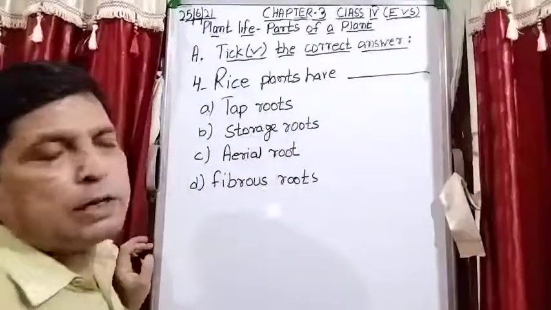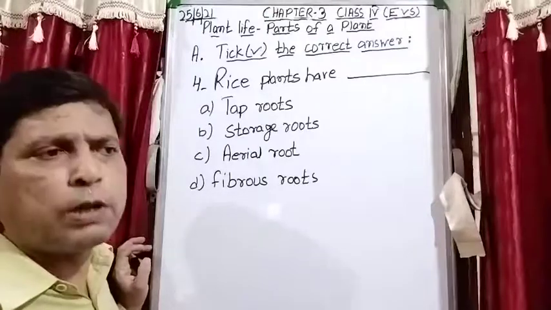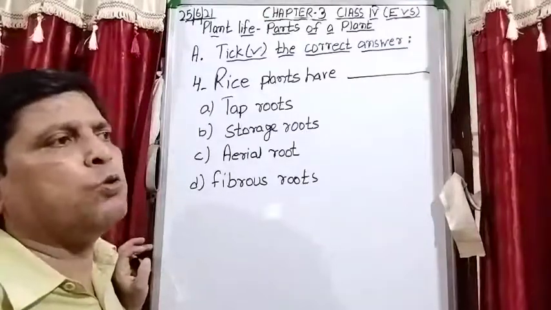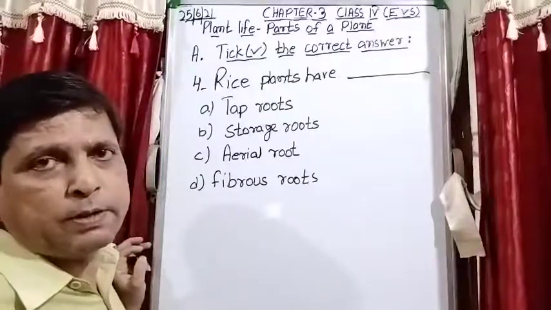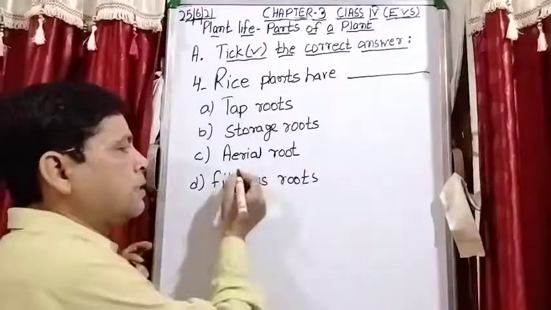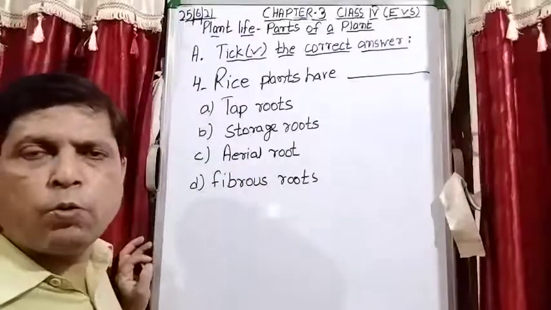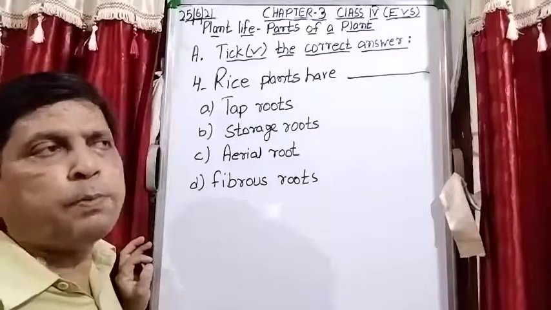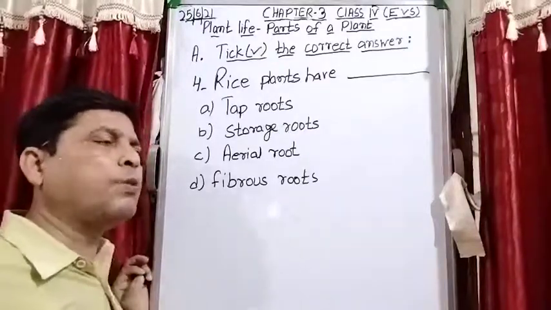Storage root, this is also not a right answer. Some roots are special because they can store the food. Such roots are known as tuberous root. It means we are getting food in the roots of the plants. Option number C, aerial roots. So aerial root is also not a right answer, because in the banyan tree you will observe